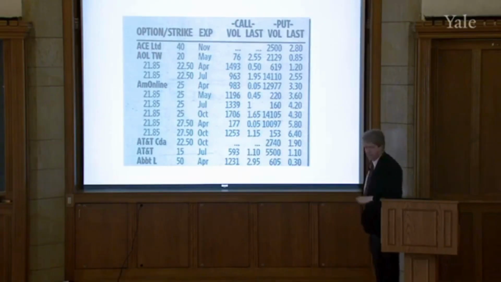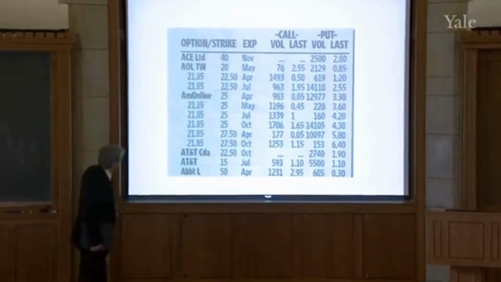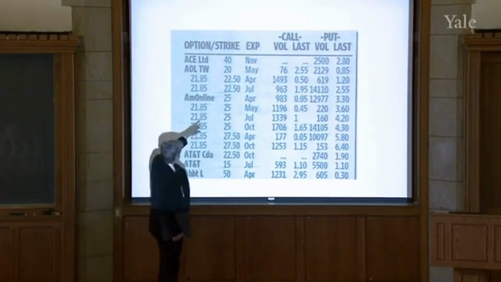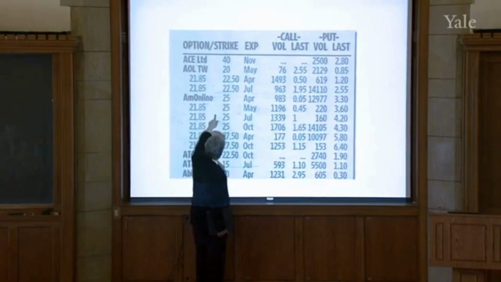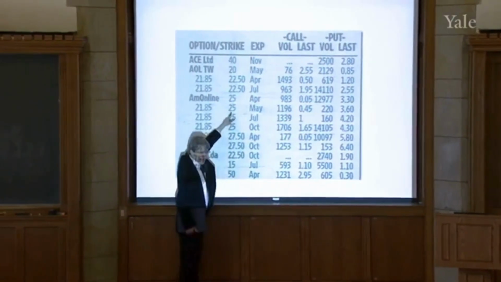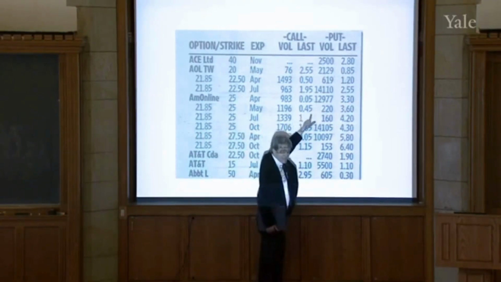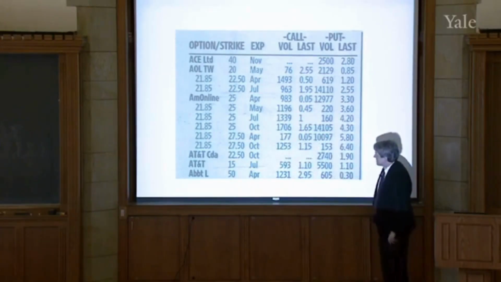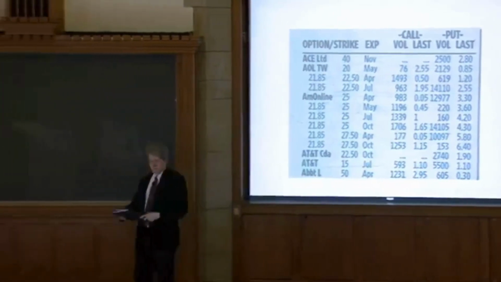Warner at $20. Okay. And similarly, you could buy the right to buy it at $20 for $2.55. So these are different strike prices and different exercise dates. This one, if it's a call, $25 strike price, costs you 45 cents to buy. But if you want to buy a put, it costs you $3.60. And we want to try to understand these prices. Okay, that's the purpose here.